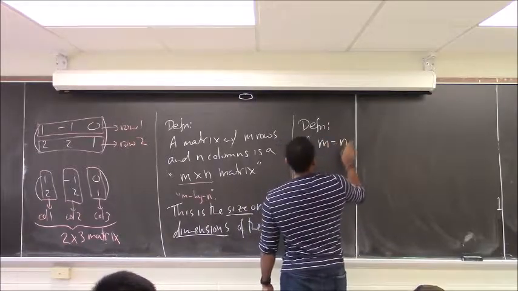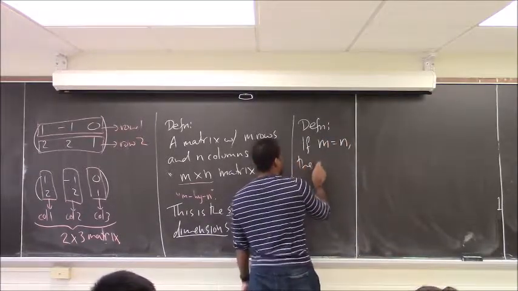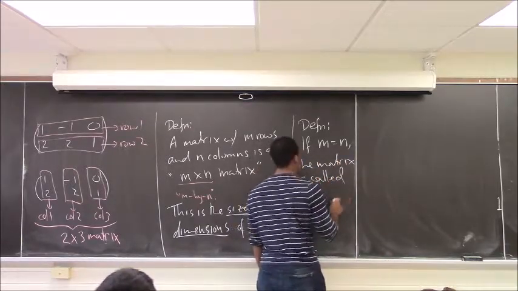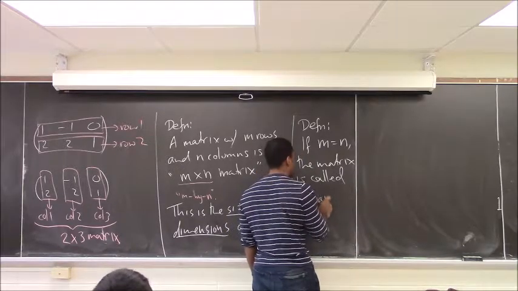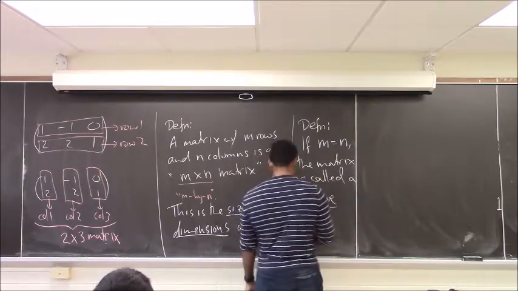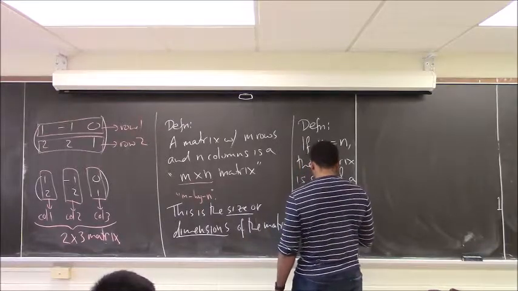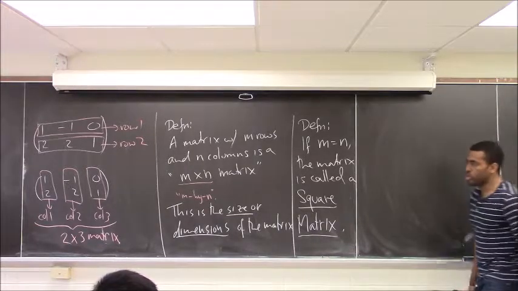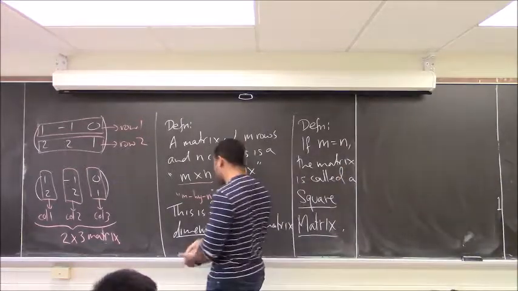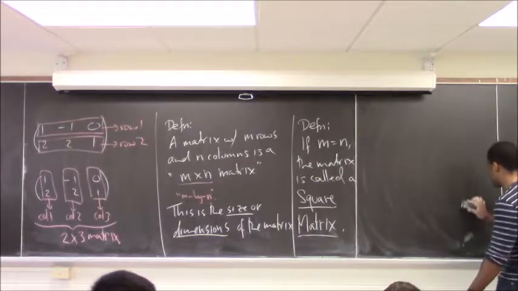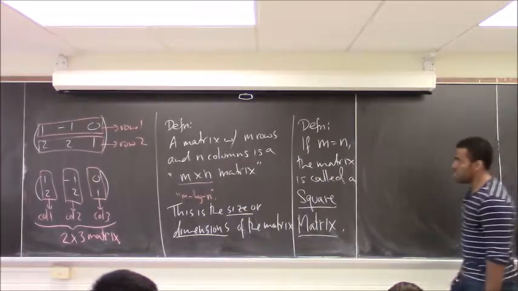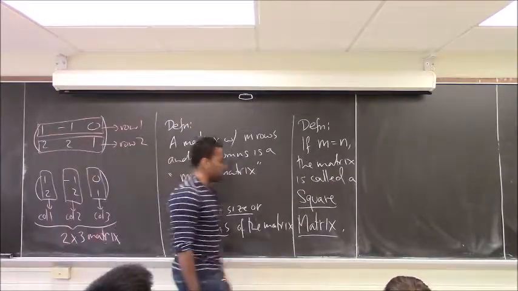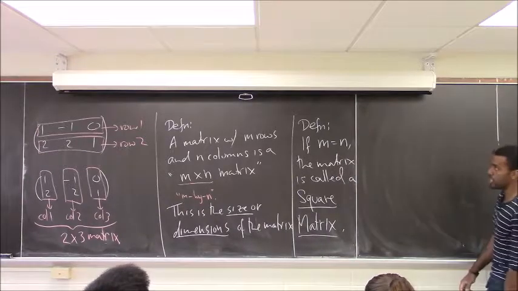If m equals n, the matrix is called square. It's called a square matrix. We can call it n by n, or so a 2 by 2, or a 3 by 3, or a 7 by 7. These are called square matrices. Now there are some operations that can only work with square matrices, like inversion and determinant. You can only actually find those with a square matrix. There are a bunch of things that only work with square matrices. And